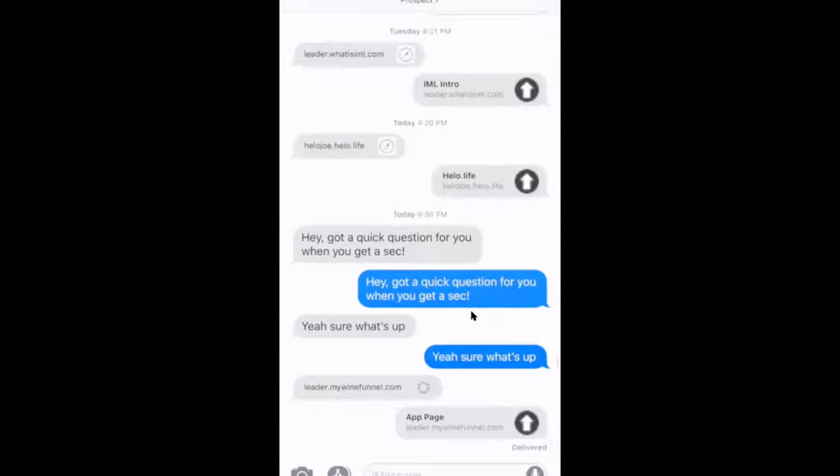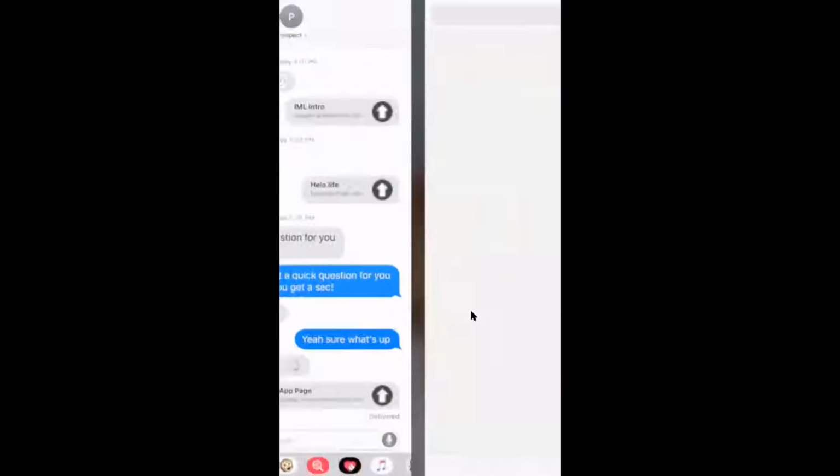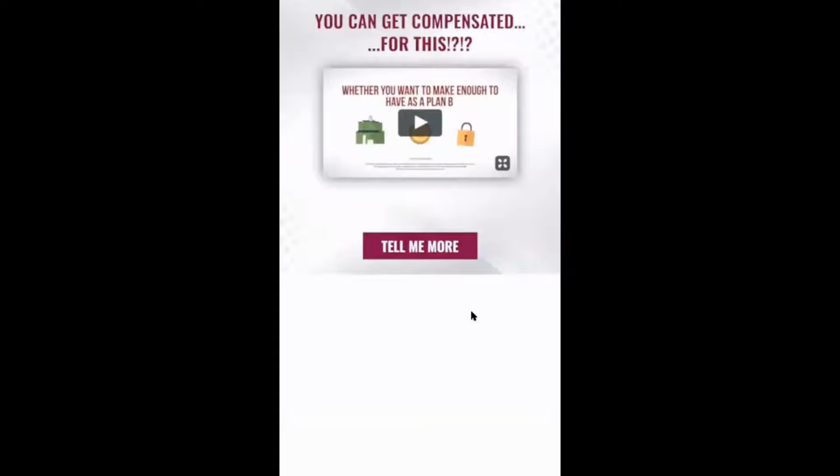a push notification will fire. I don't know if one's going to work right now because we're on a screen share. It does sometimes and it doesn't other times, but I would get a push notification letting me know that that was clicked. So as you can see, here's a page with the sizzle video and obviously an enticing headline like, what is that? Now this is for this other company, of course, but you get the idea.